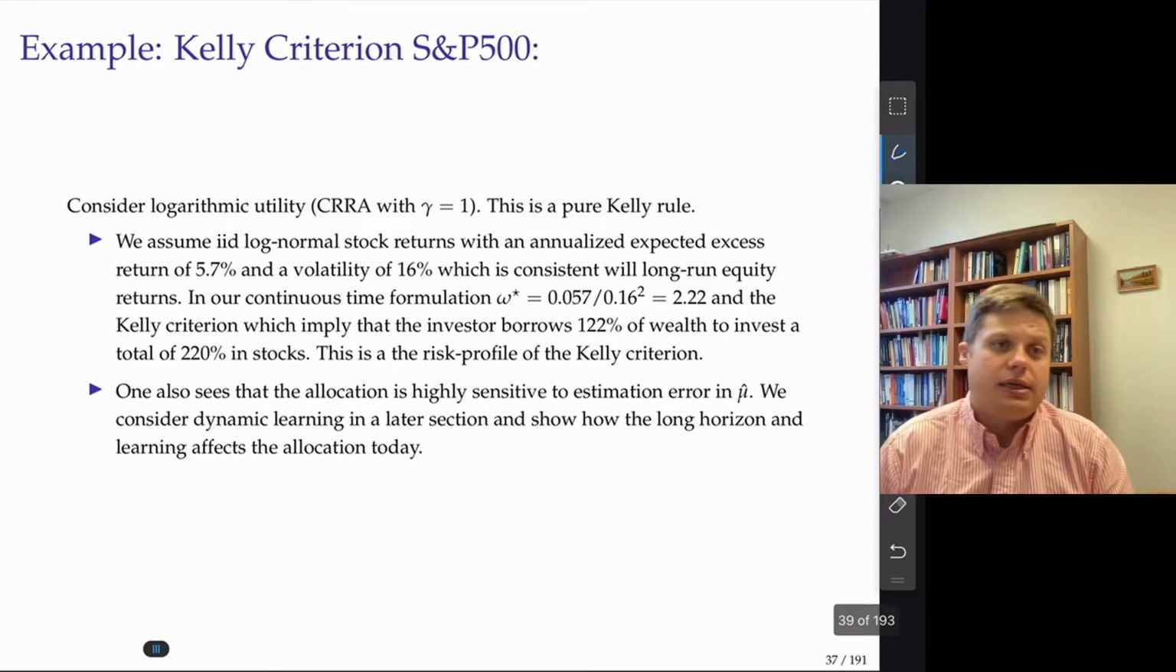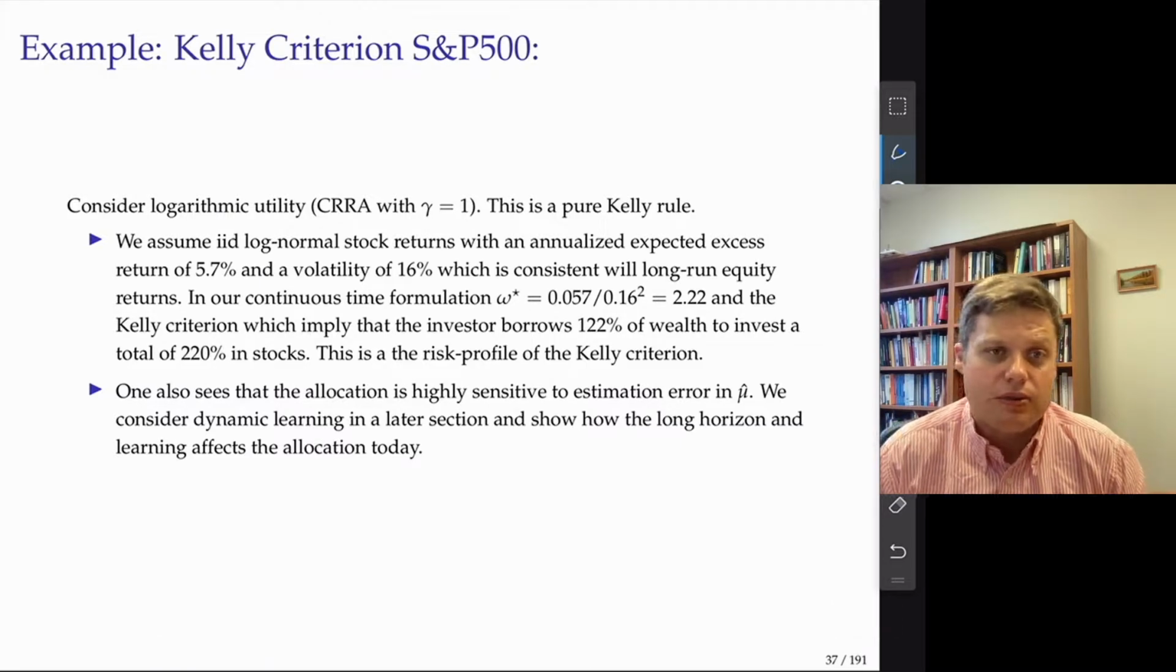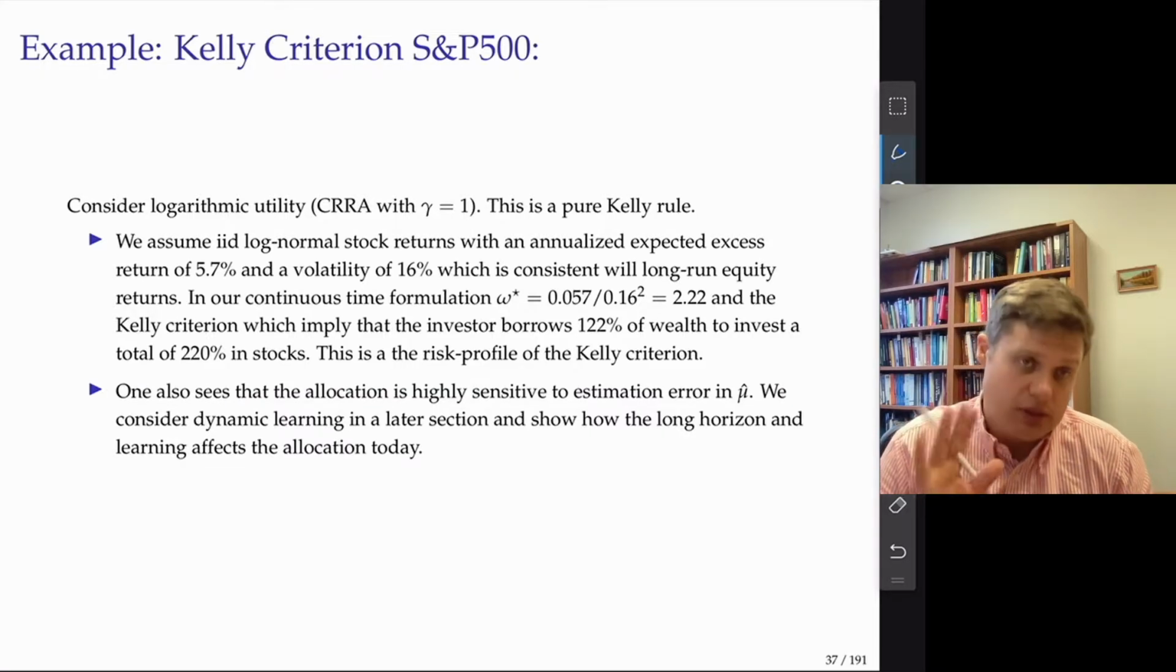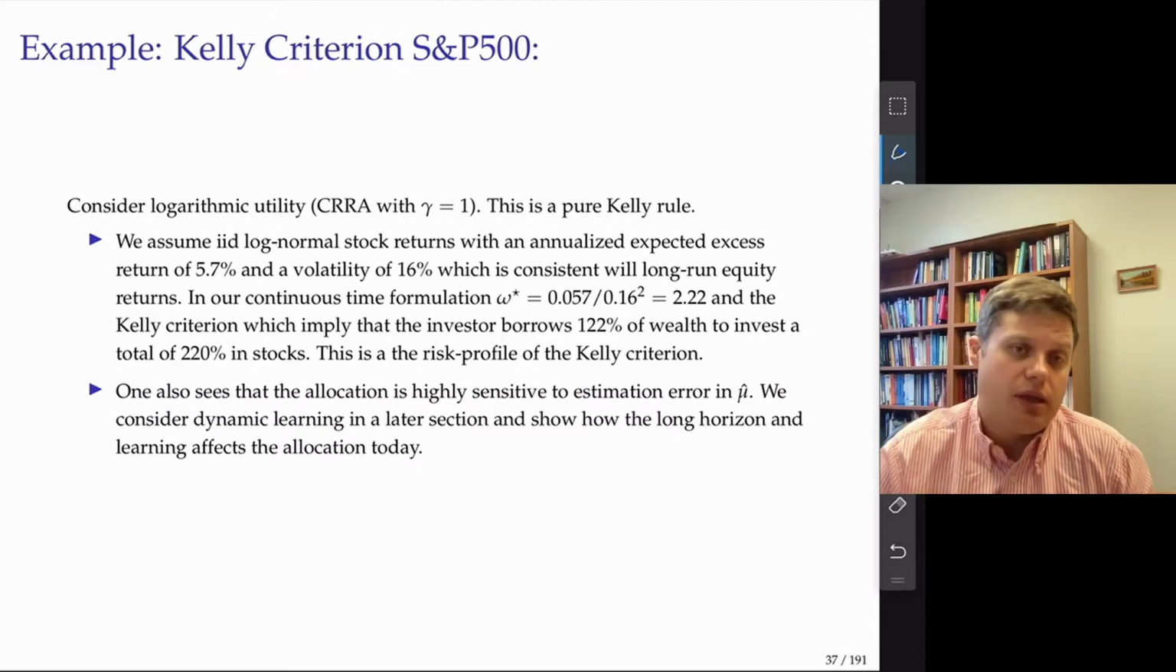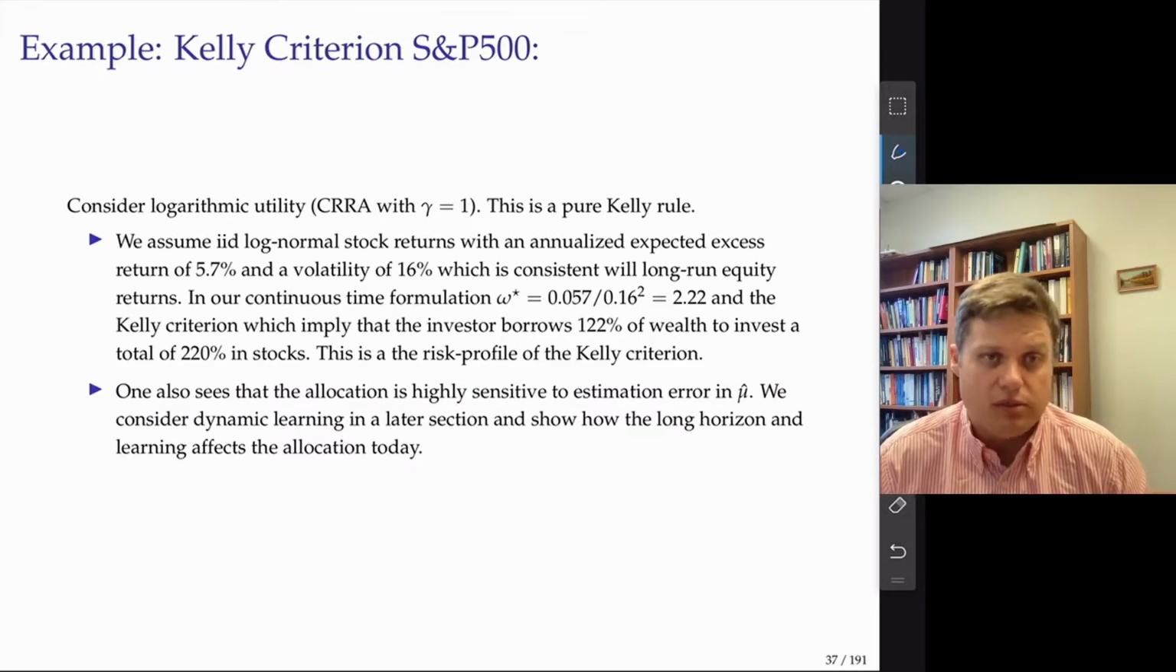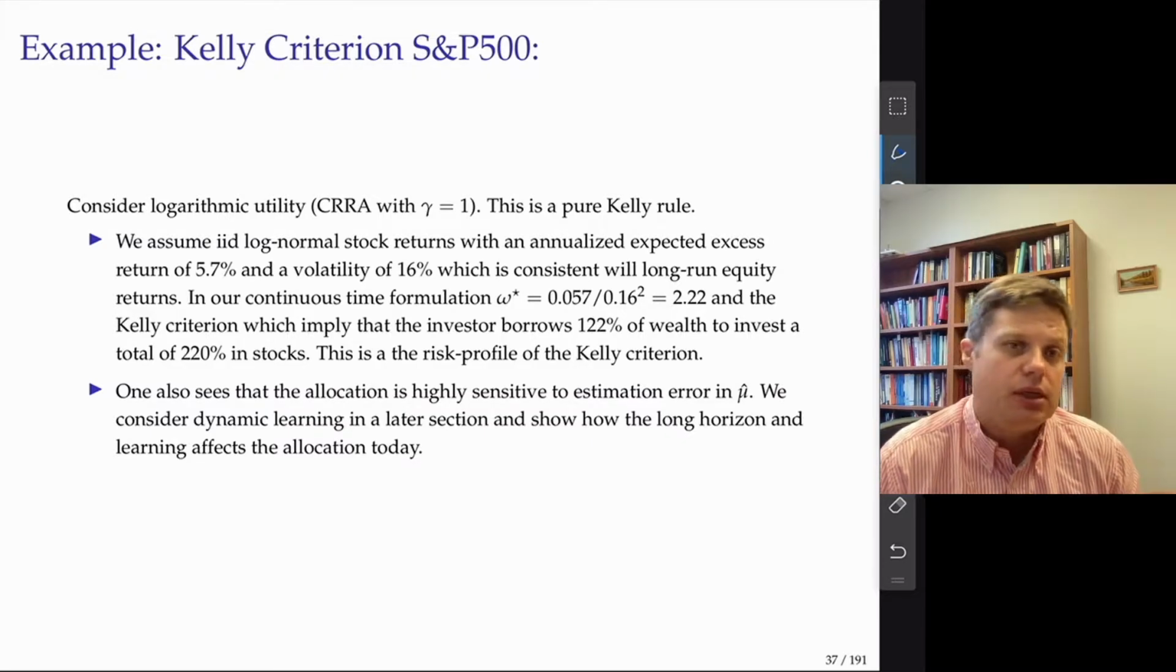Okay, so let's apply this Kelly criterion to the S&P 500, and again we're going to consider the logarithmic utility case, when gamma equals 1. We assume that returns on the stock market are identically distributed and independent, which is not the correct assumption. Of course, there's some dependency from one day to another. There are trends, but we assume there is no temporal dependence in the returns,